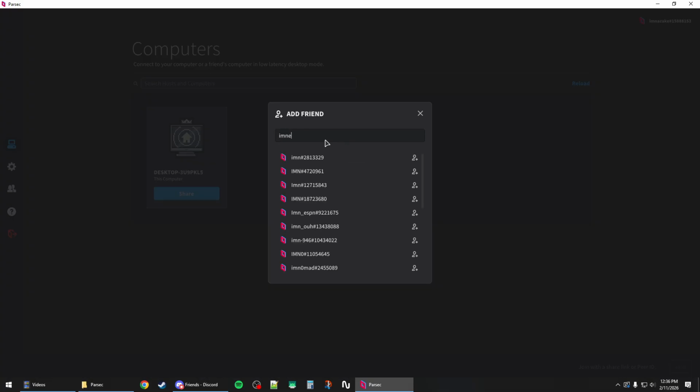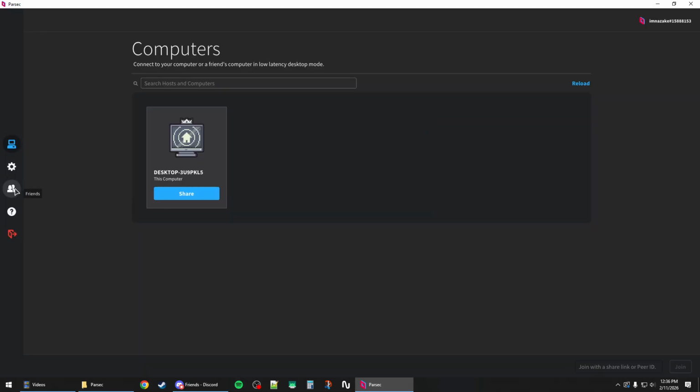So you can type the email address and it should basically show you suggestions, and then you can click on your friend's name, and if it is already on your friend list you can see this check mark. Otherwise it will send them a request that they can accept, and once they accept it they should appear under